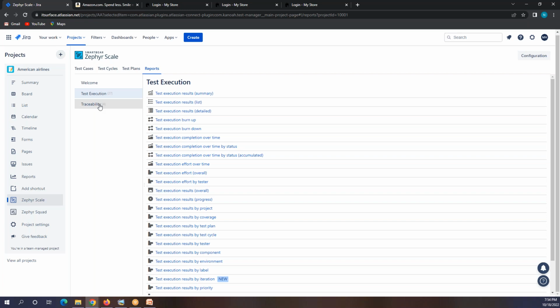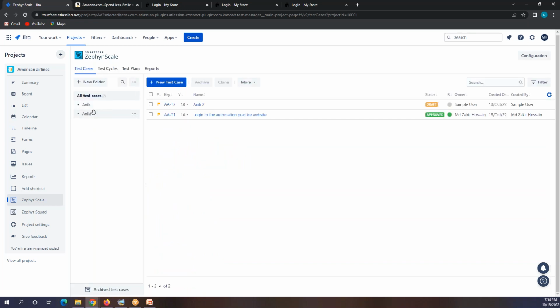Quick question. You will put everybody's name over here, as an example you put Onik, so you'll put my name also over there so that I can find it, or do I have to just log into Jira with my own user ID and password to do this? Yeah, you can do that. I already shared that username and password, so you can log in with any username and password from there and create a new folder. You see, one person already created the folder, and one person already added some test cases here.